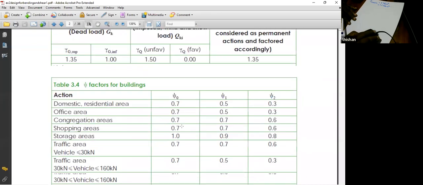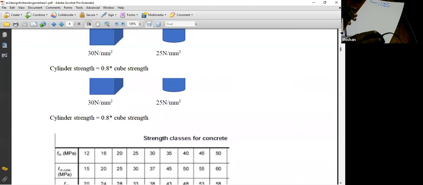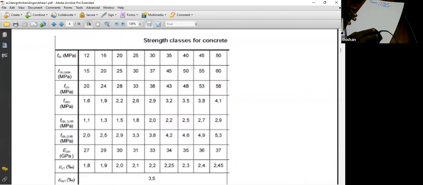This is something that I used earlier. And you can see this particular information. Here you can see it's a cube strength. So this is the cube strength going up to 60, and this is the cylinder strength,